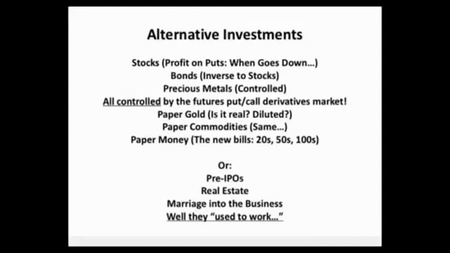And even paper money, if you've noticed, all the 20s, 50s, and 100s are being replaced by new currency that has the pictures offset to the left from the center. So there's all these alternate things going around. And the things that used to work, well, you used to find companies before they did an initial public offering or an IPO. People used to make a lot of money in real estate. And of course, the easiest thing was just to get married and get into your business that way. But these used to work. So what works today? So that's why I started looking at this complicated cryptocurrency.